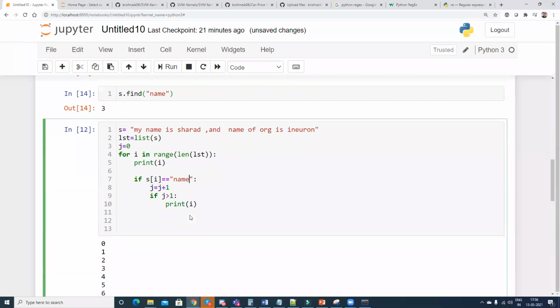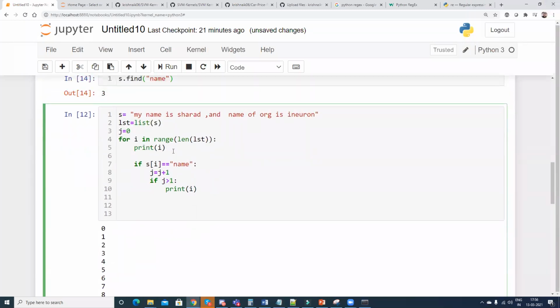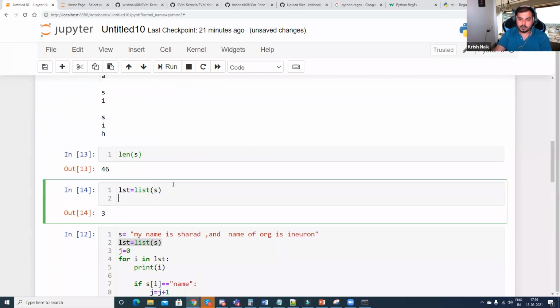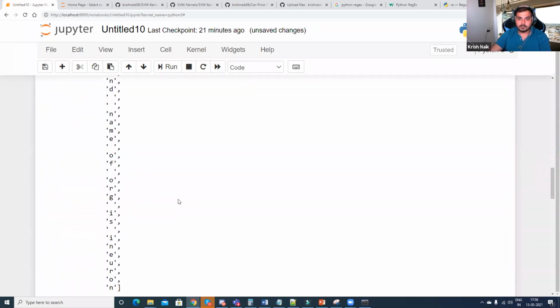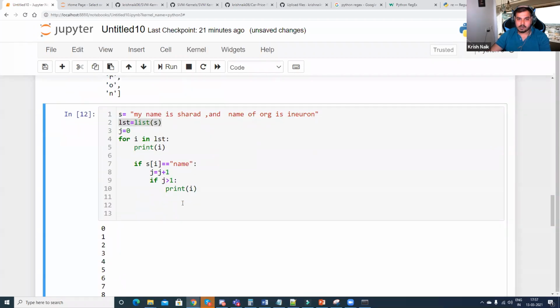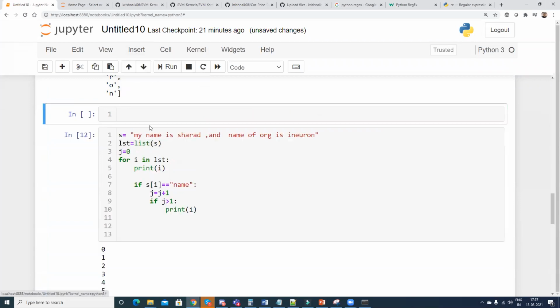We can also split the string by using the split function, and then it will be converted into a list. For i in list, because this list will be something like this, right? This will be my list. So, okay, here also I'm getting a problem. By using the split function, we can separate my name, like it will give another index if you use a split